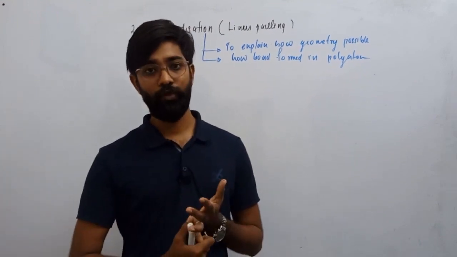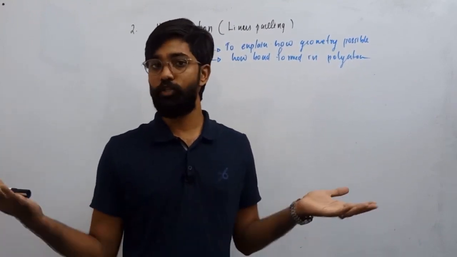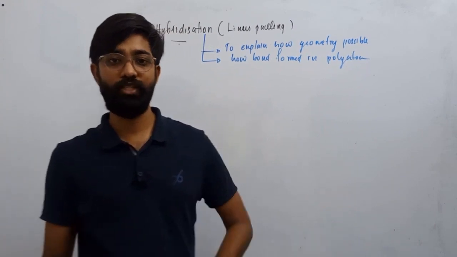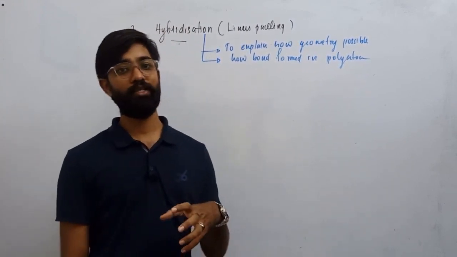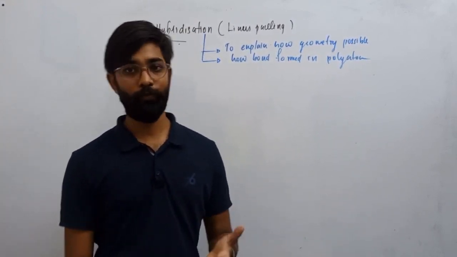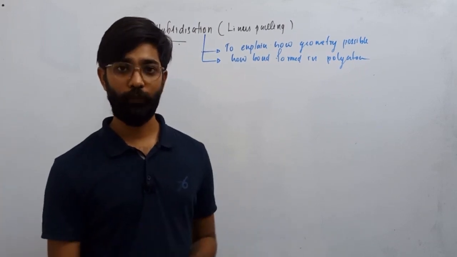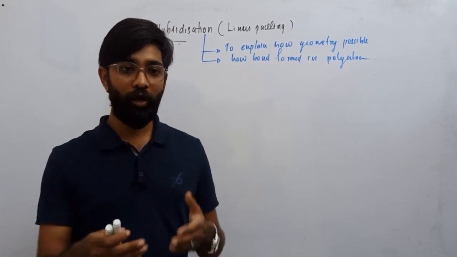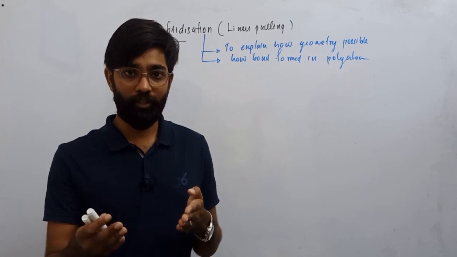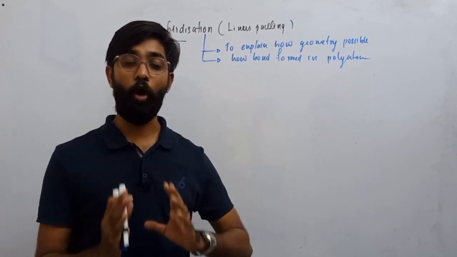For example, I have s orbital, p orbital. The shape is not the same. We know one is spherical, one is dumbbell, but they have nearly the same energy because the s orbital is from 2s and the p orbital is from 2p. Okay. So if you have a number of atomic orbitals with similar energy, in order to form a bond in